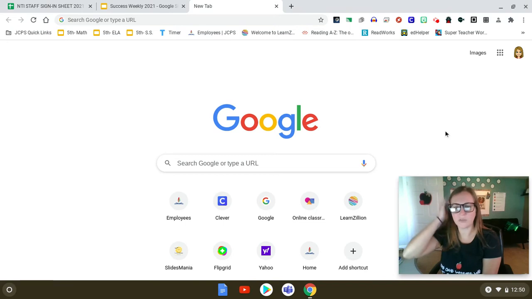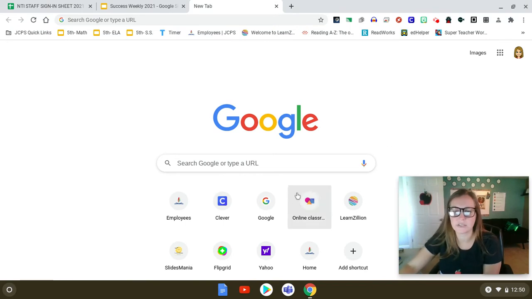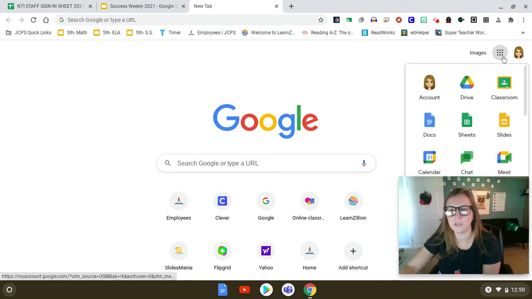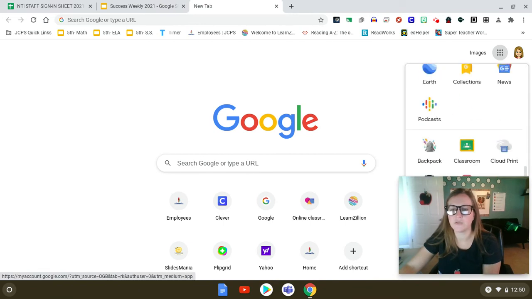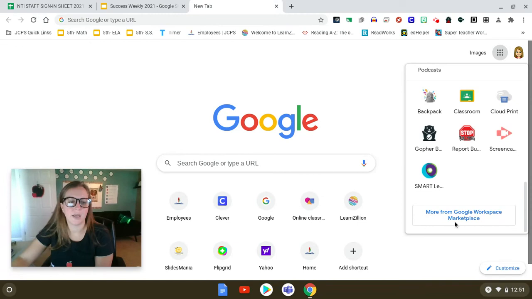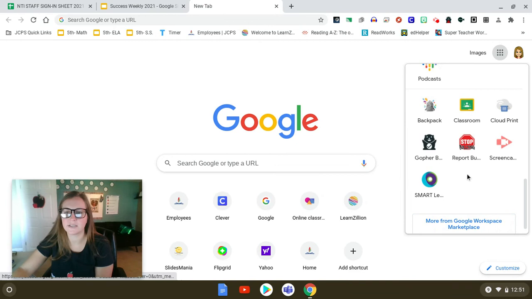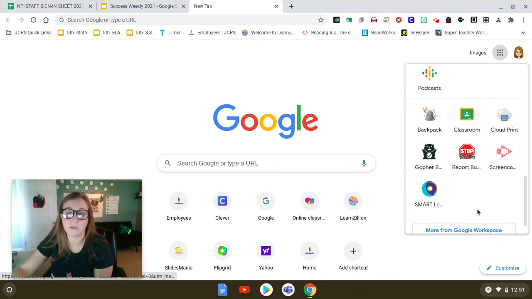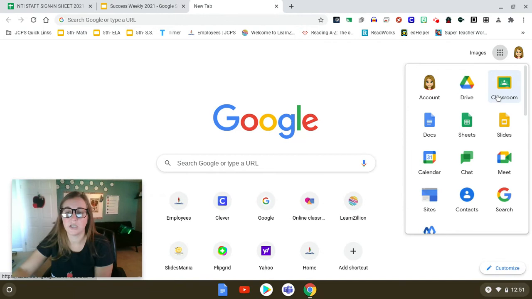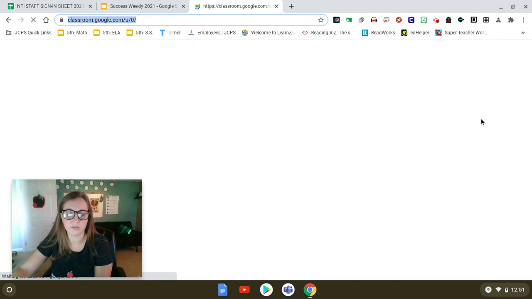So the first step I'm always telling students to do is log on to your Google Classroom. That's where I will go for everything. And so if your student is on a Chromebook or any device, if they go to Google, up here is what we call a waffle. If you click this waffle, there's a classroom tab. If it's not available there, if you scroll down, you can click more from Google Workspace Marketplace, or it could be down lower, but there you can find it on there. So you may have to add the widget to your waffle. So you click the classroom link,